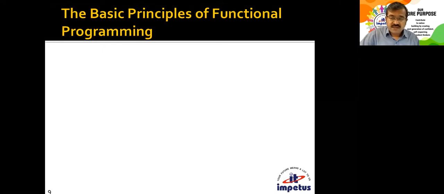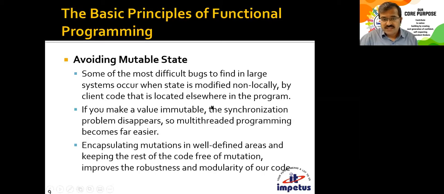So that's the reason we need to learn and master this particular concept of functional programming. What are the basic principles of functional programming? Avoid mutable state, not immutable. Immutability is the core of functional programming. Avoiding mutable state: some of the most difficult bugs to find in large systems occur when the state is modified